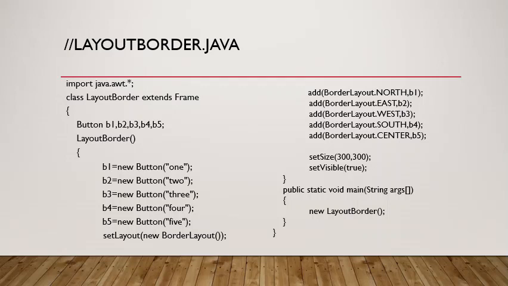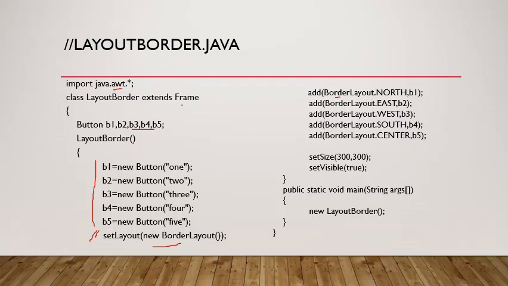Okay, so again import java.awt for buttons and the layout. Okay, and the frame extends frame, your program extends frame. Then 5 components, enough to explain the layout. Then define all those 5 components, set the layout which is immaterial, you can put this in the comment also, it doesn't matter. Then add the component, this is important now.